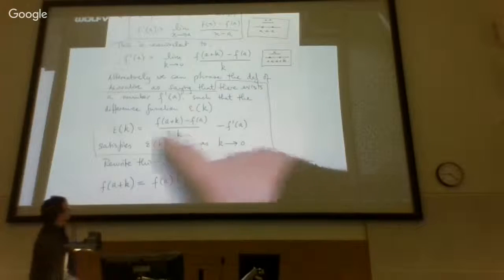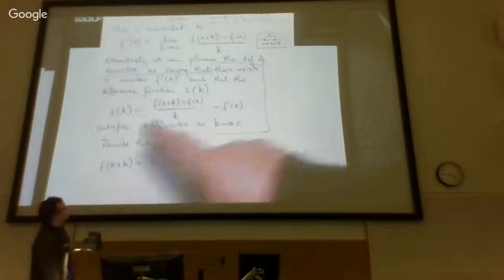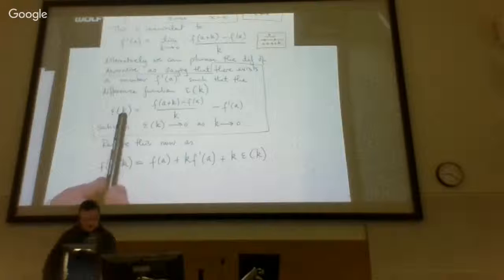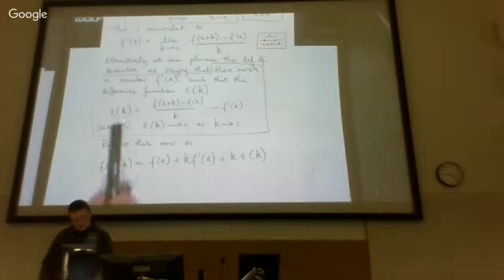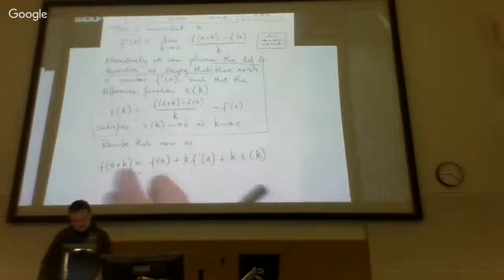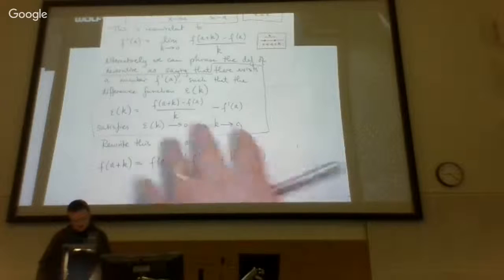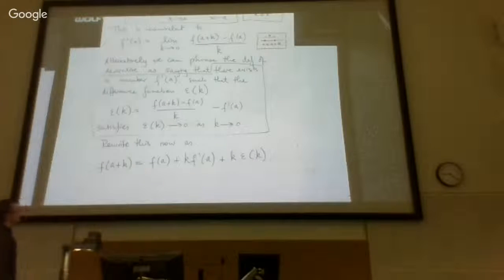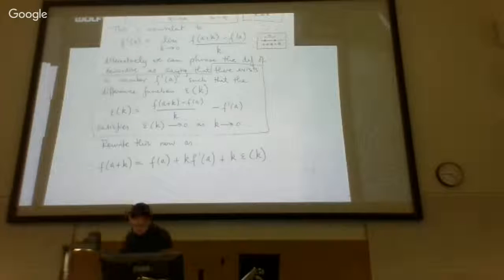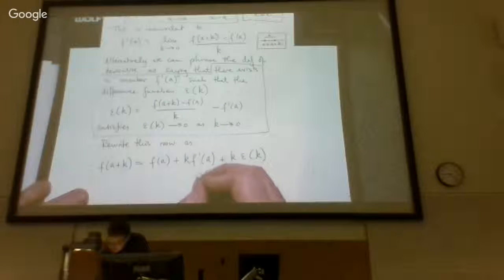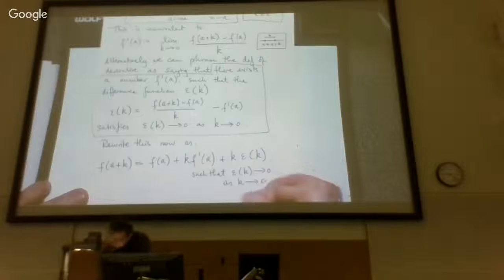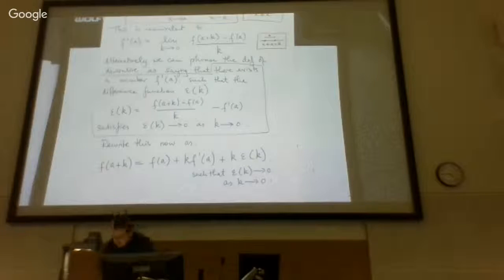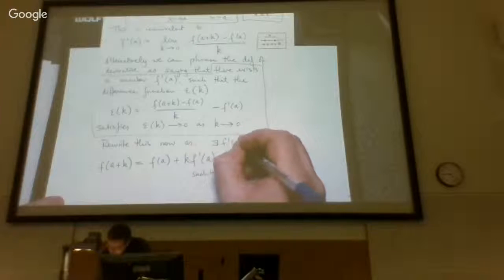So what I've done there is taken this equation and multiplied both sides by k, so that gives me k epsilon k here and k f prime a here, and gets rid of this denominator. I'm keeping the f of a plus k on one side, although I'm putting it on the left over here, and I'm sending everything else over to the other side. And there's this extra information I want to keep hold of, such that epsilon of k goes to 0 as k goes to 0. And remember, this is saying that there exists a number f prime of a such that